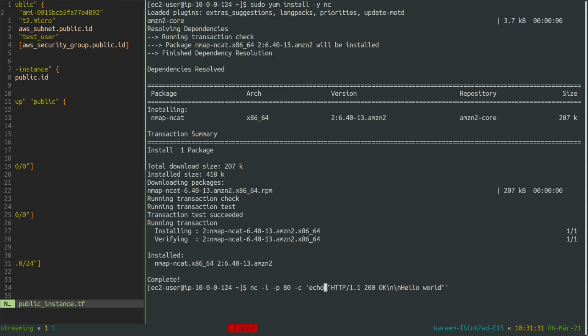And I need to pass this option -e to be able to interpolate these backslashes. I guess that's all I need. Yeah, so it will give you permission denied if you are trying to listen for port 80. So you have to run it as sudo.